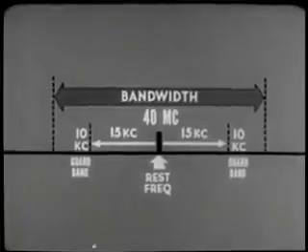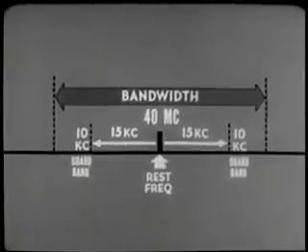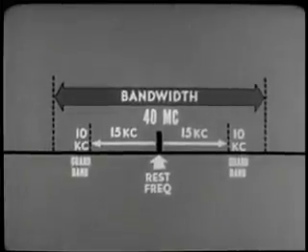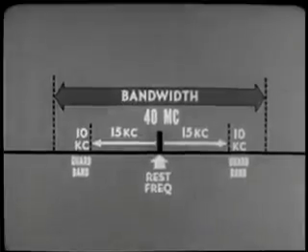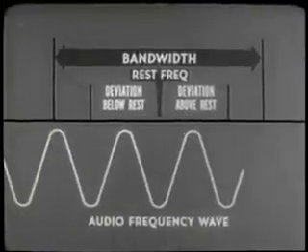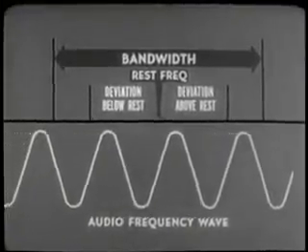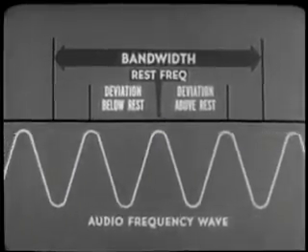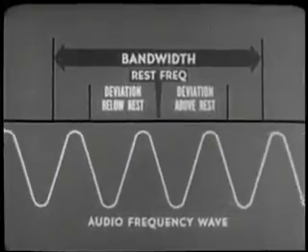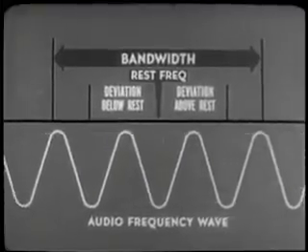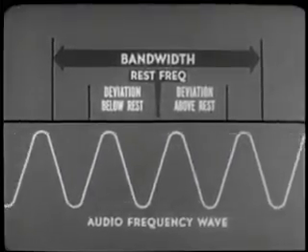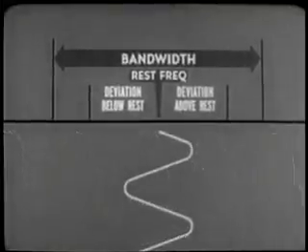The 50 kilocycle bandwidth is not a standard. All FM transmitters do not have the same deviation. It will vary in accordance with the equipment's design and mission, but the principles under study apply to any and all FM transmitters. Ordinarily, an audio frequency wave is visualized horizontally like this. But in order to see more clearly its modulating effect on the carrier, let's shift it about and direct it at the channel.